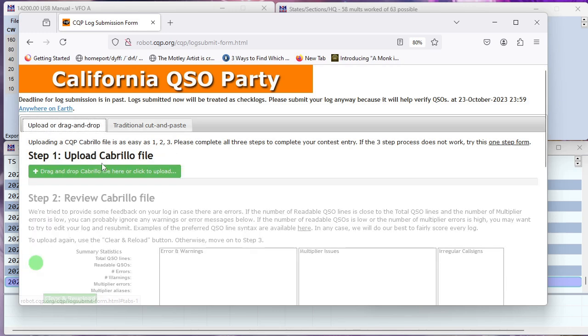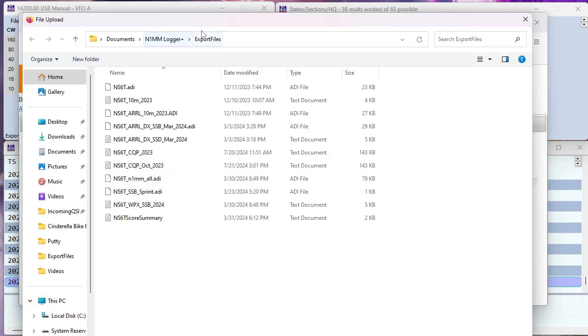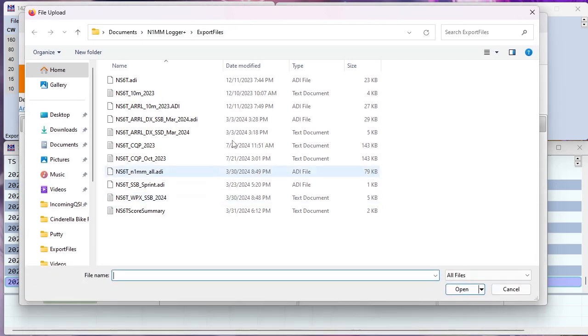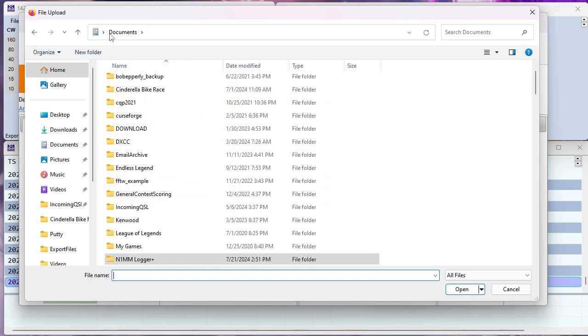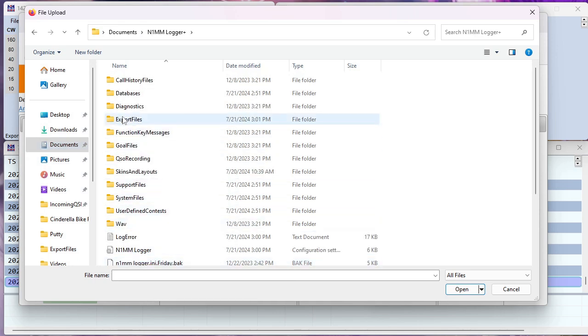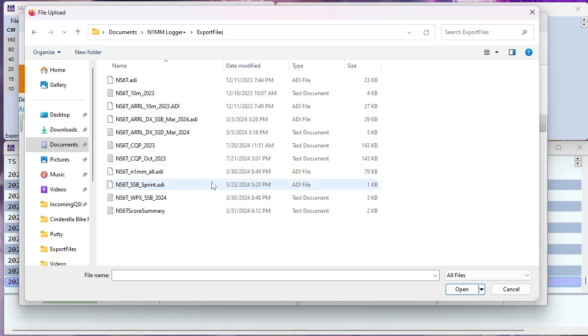I'm also going to use the upload the file approach. So I clicked in my browser, I clicked that big green button, and it brought up this file selector, and the N1MM that I have puts things in my documents folder inside a directory called N1MM Logger Plus. And then inside there's export files. All right, so now I need to find the file that I saved, and here it is, the NS6T CQP